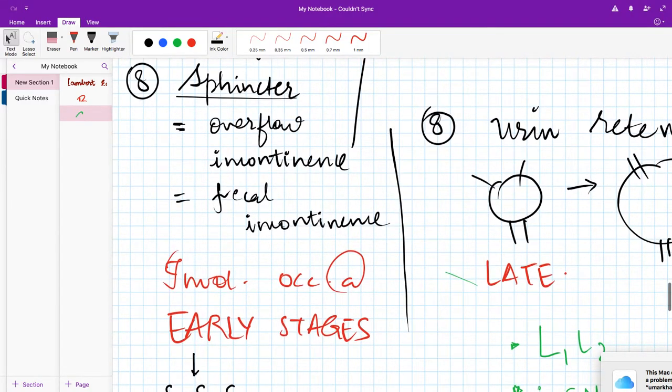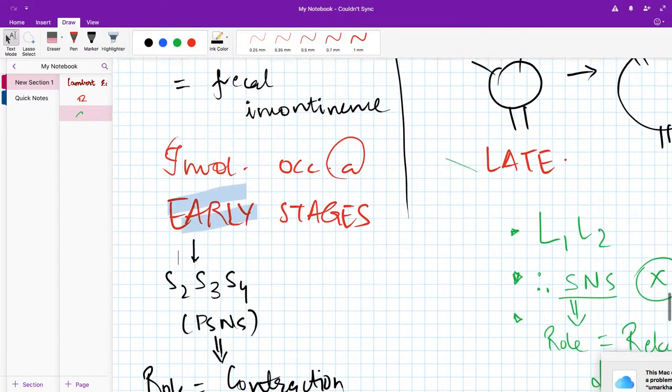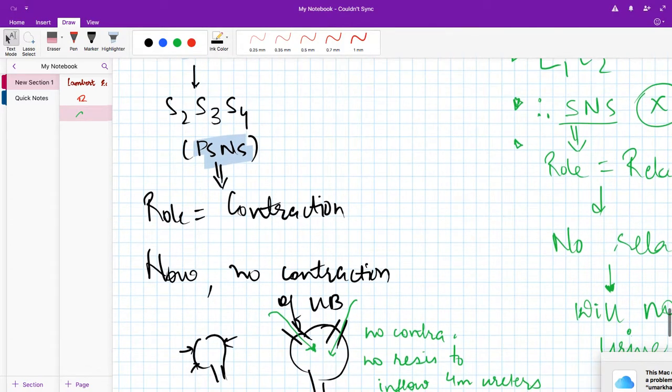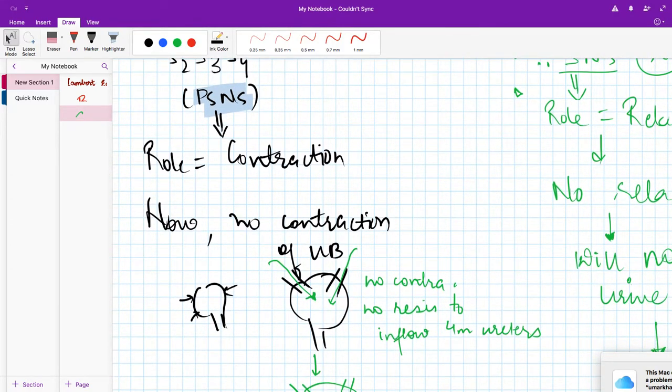Last point is the sphincter involvement. Here the sphincteric involvement also occurs early, because the S2, S3, S4 segments of the spinal cord are gone, so parasympathetic supply to the bladder and to the GIT, etc., will be gone. The role of parasympathetic is to cause contraction. For example, talk about the bladder. If the parasympathetic nerves are normal, the bladder will keep on contracting, but now the parasympathetic is gone, so